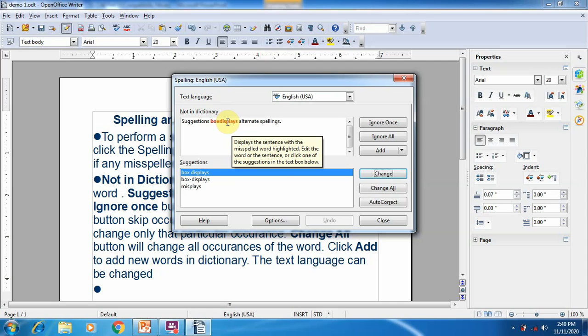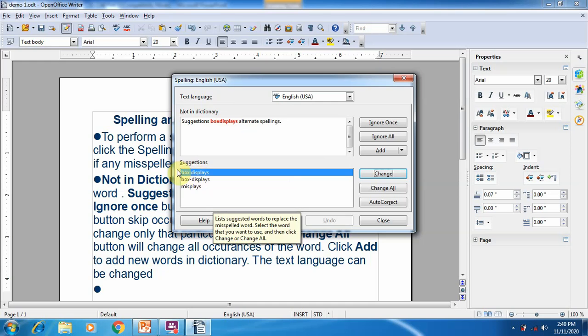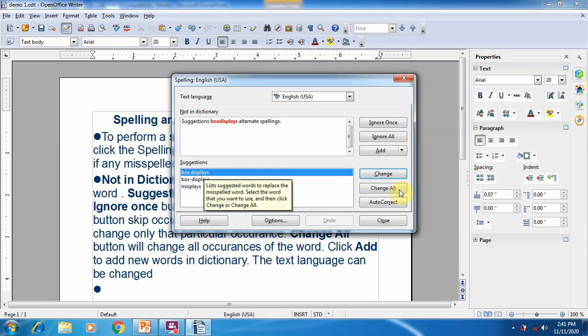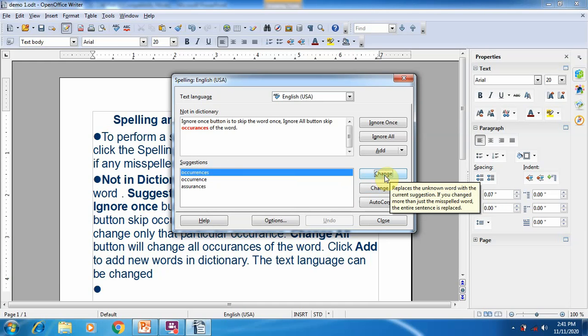You can correct that word by using the suggestion list, or you can correct it manually. In the suggestion box you can see box displays, box hyphen display, miss display. If you select the correct word and click the change button,